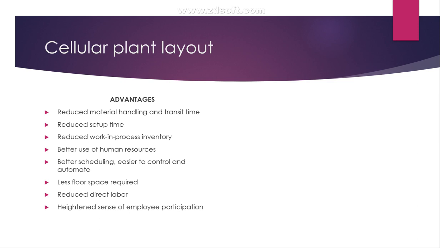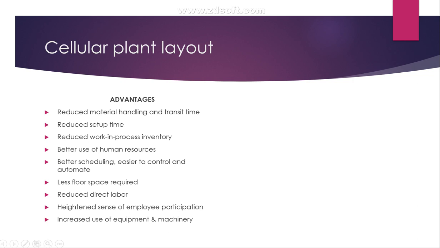For example, if I am producing product A as 100 and product B as 50, and I see idle time with respect to human resource, I can shift the employees to product A in order to complete this process at an earlier time. So you can make employee participation higher, or you can utilize your human resource at a higher level.